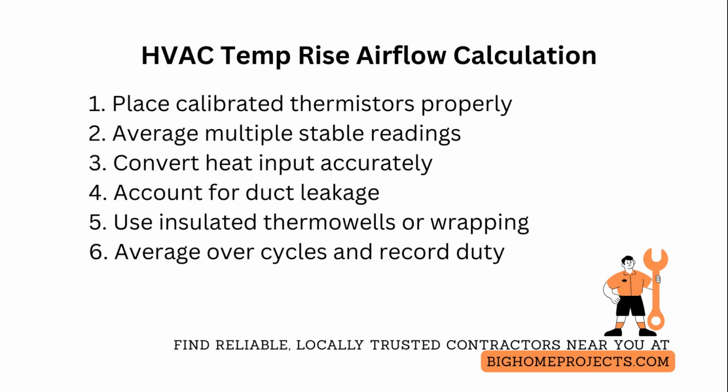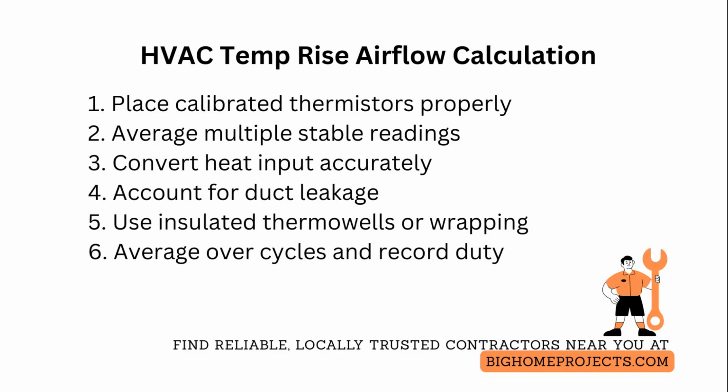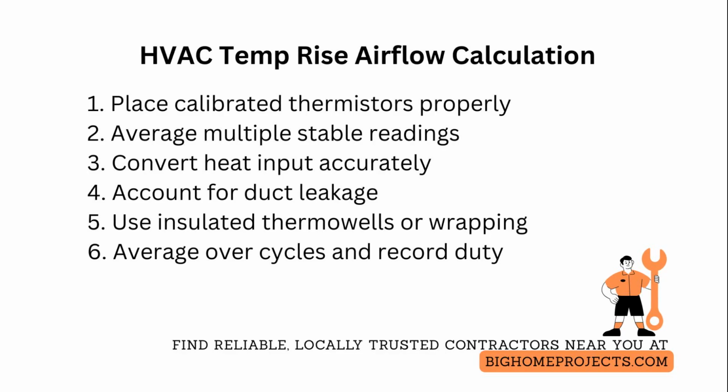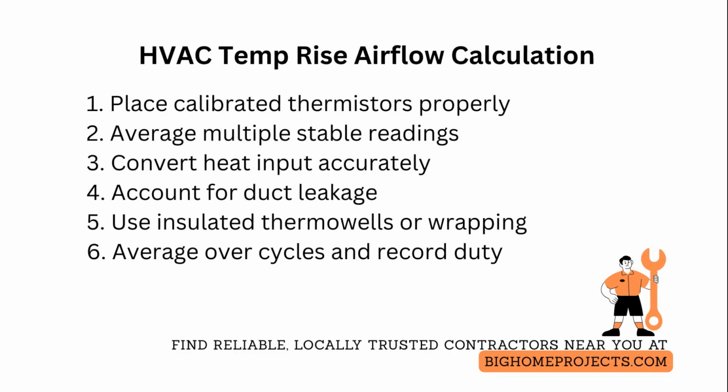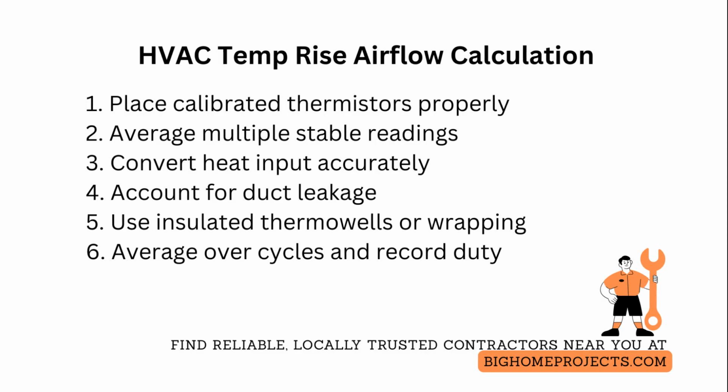Convert burner or electrical heat input into British thermal units per hour by using nameplate inputs and adjusting for combustion efficiency or motor wattage losses. Then use the constant 540 as the multiplier for specific heat times density when working in imperial units. The equation becomes CFM equals heat input in BTU per hour divided by the product of 540 and the temperature